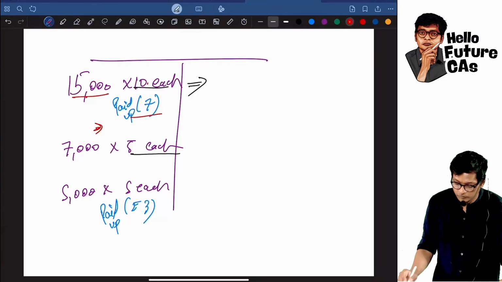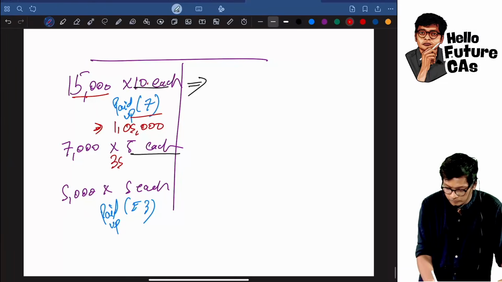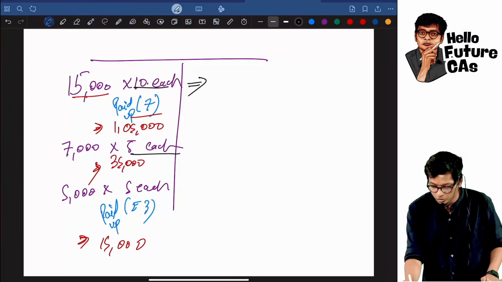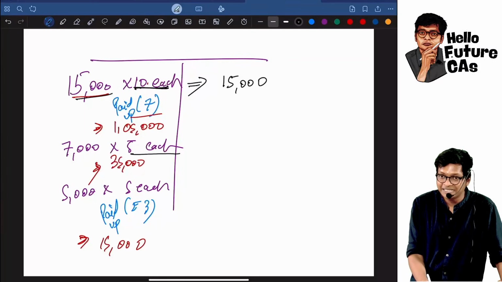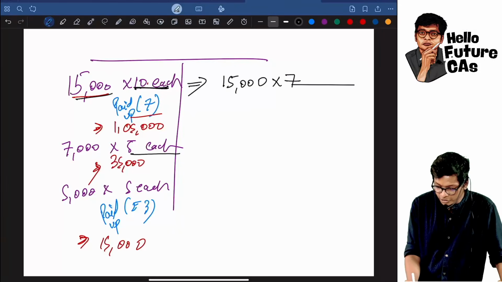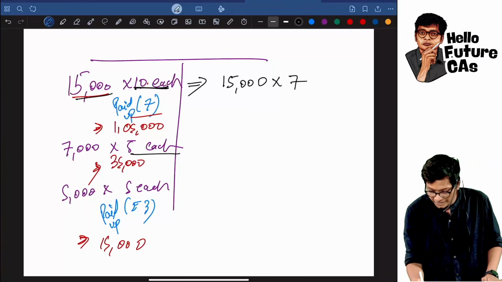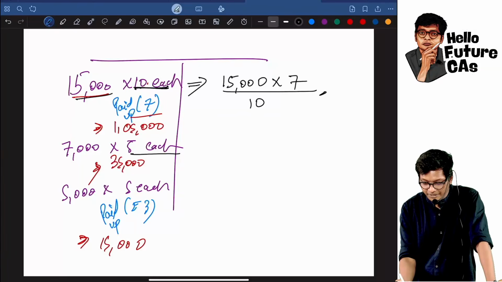How much is that? 1 lakh 5,000. Second one, 7,000 into 5, 35,000. Third one, 5,000 into 3, 15,000. Are you all with me, guys? The total should match. So when I'm converting over here, follow, guys. Same 15,000 shares, all I'm converting to shares of 10 each. So full value is 1 lakh 5,000, so I will divide by 10 rupees per share. You will get 10,000